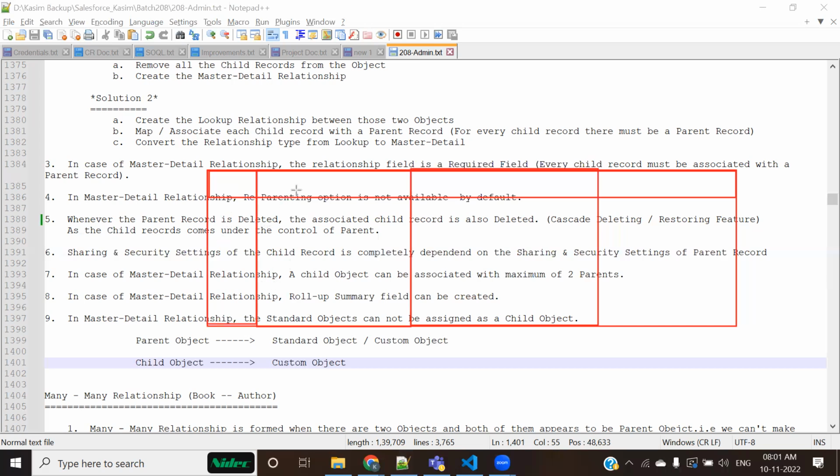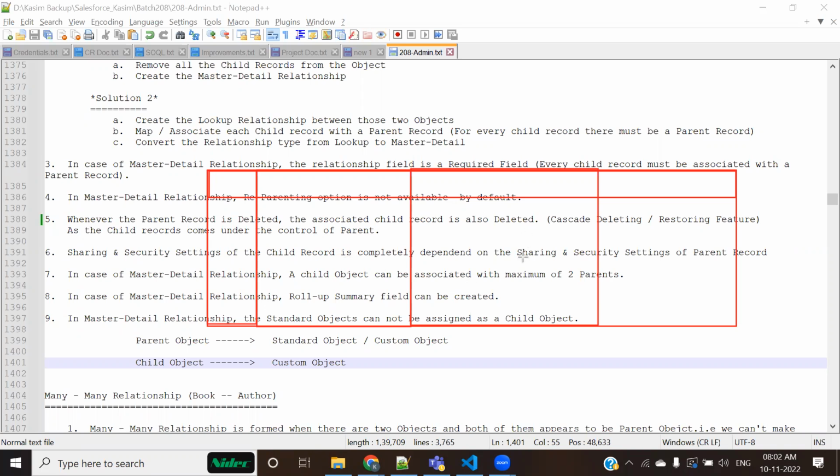In the first column, you mention the parameters. The first parameter could be, let's say, cascade deletion. The lookup relationship doesn't support cascade deletion, but master detail does. That means if you delete a parent, the child gets deleted along with it. Another parameter is roll-up summary.